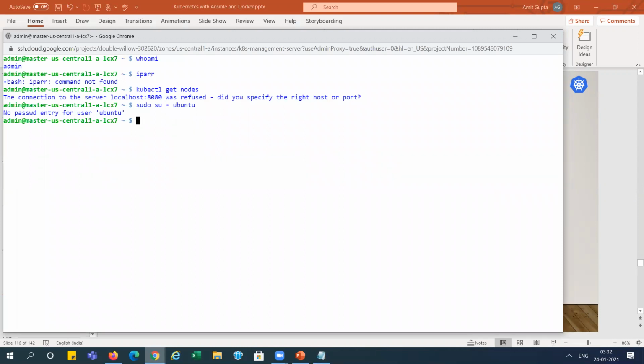enable password authentication, right? So here in this system I am doing sudo. You can see we are logging in with sudo access on the master server. This is the root, right? We need to enable the password authentication, yes, because we are getting this issue here, right?